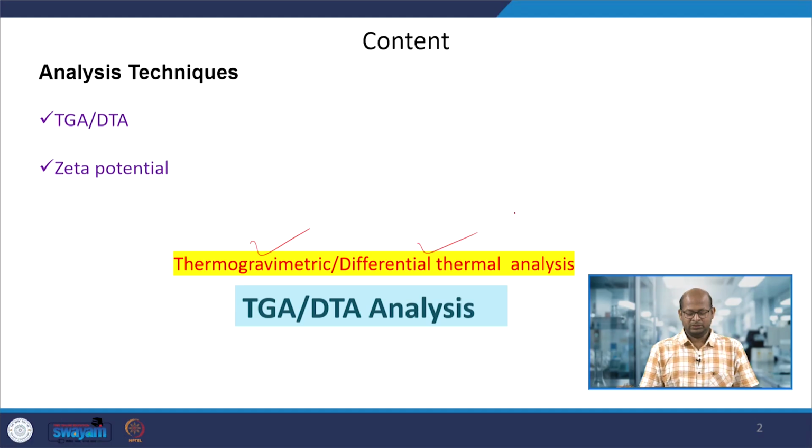with differential thermal analysis also, we can find out whether the material is stable, meaning up to what temperature that material will be stable. The material property means whether it is exothermic or endothermic, whether heat is generated or absorbed. So, when a material changes from one phase to another phase with increasing temperature, we can easily